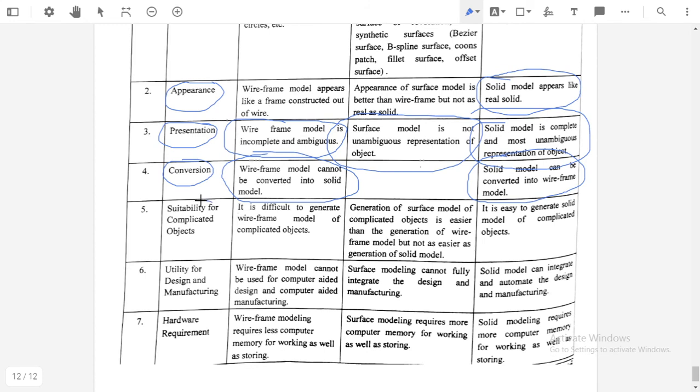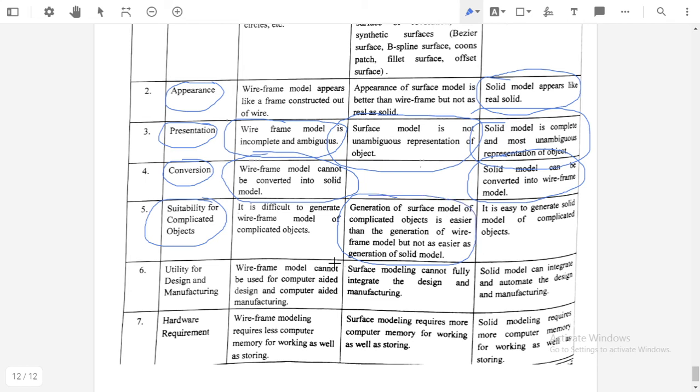Okay, the next is suitability for a complicated object. Suitability means which modeling technique is suitable for a complicated object. Wireframe modeling is difficult. If we use the wireframe modeling technique, then it is difficult to generate the complex part. The generation of the surface model of a complicated object is easier than the generation of the wireframe model,